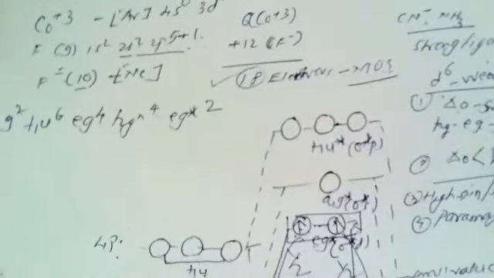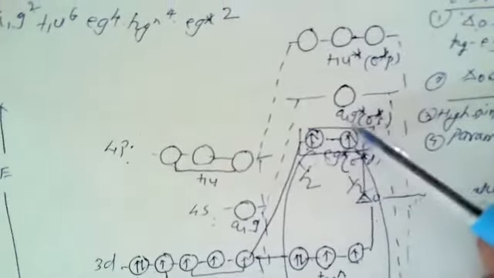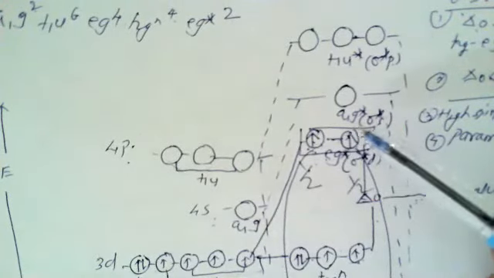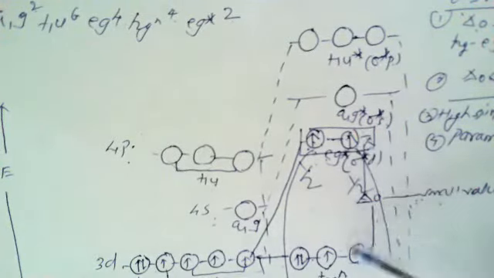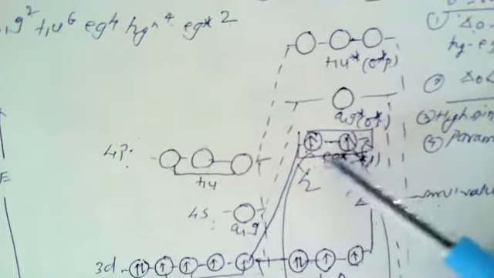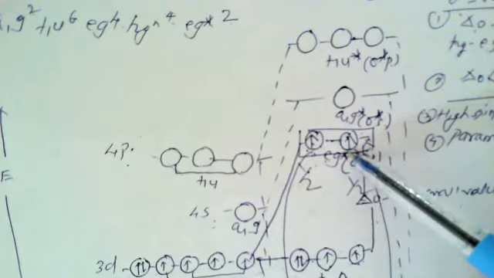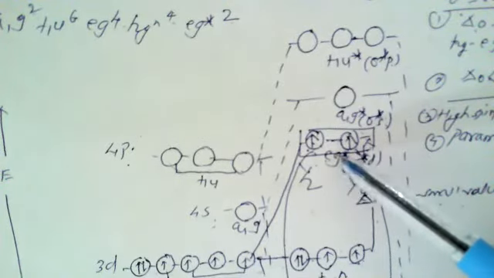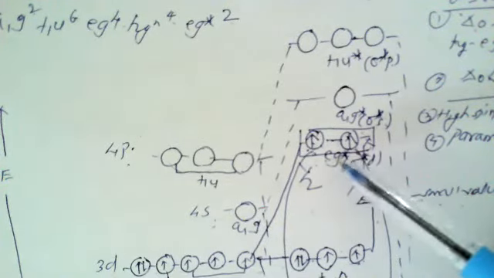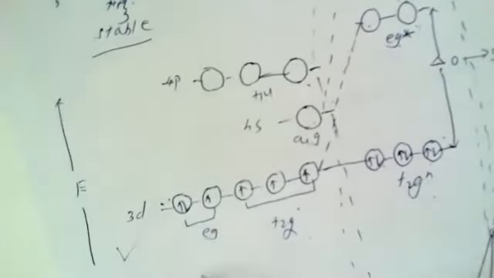Here we have seen that because the ligand field is a weak ligand field, the electrons occupy the high energy sigma star d or Eg star molecular orbitals. This is because the surrounding ligand field is a weak ligand field. But in the case of the second diagram which we have studied, the 6 electrons coming from the metal, those